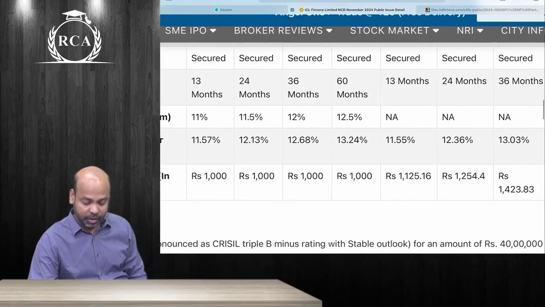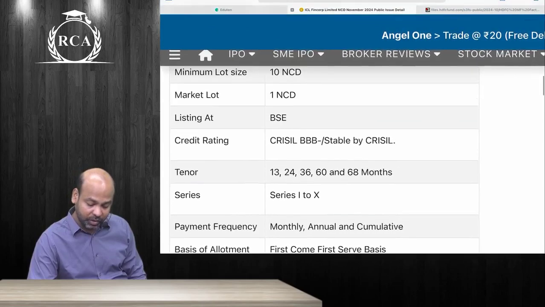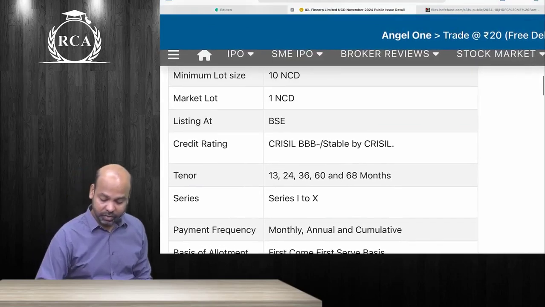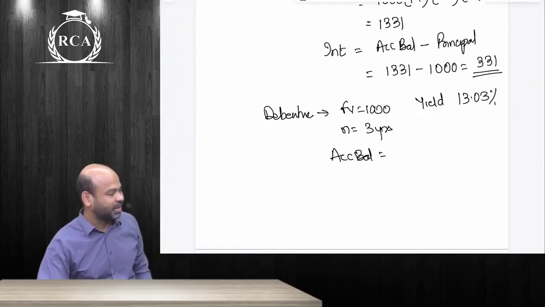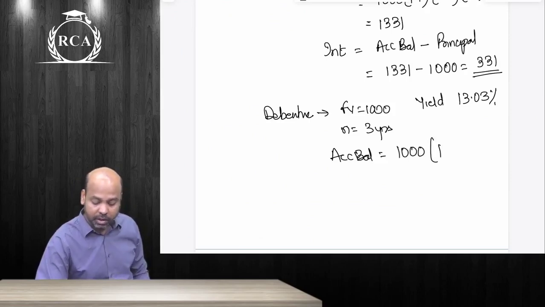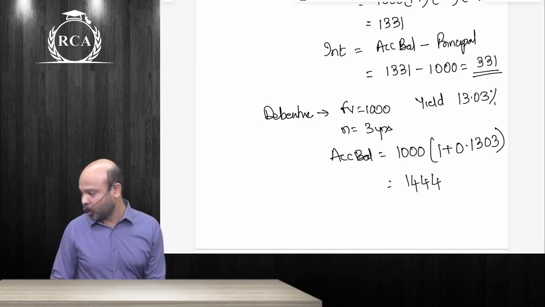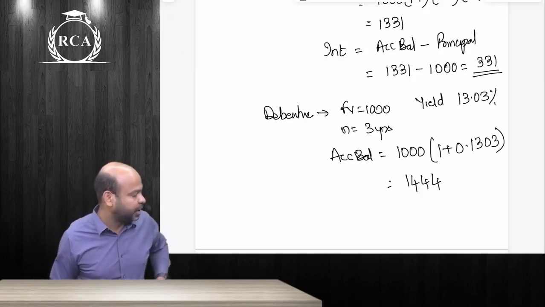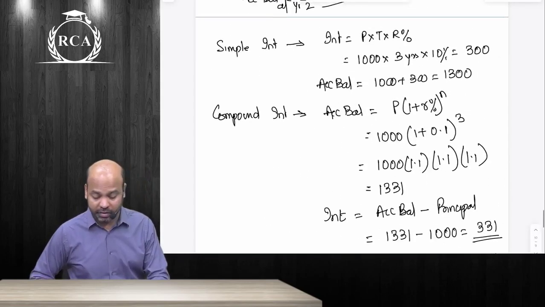1444 or 23.83? Then I have to look at the terms of issue as such, beta, the amount will not be at face value. So anyways, if you are depositing 1000 rupees, guys, at a yield of 13.03% that is being compounded annually, beta, the accumulated balance should become how much? 1000 into 1 plus 0.1303, beta. You will get 1344 rupees. This should become your accumulated balance, guys, and the amount of interest that you will be generating, beta, will be 444 rupees. Both cases clear, guys?